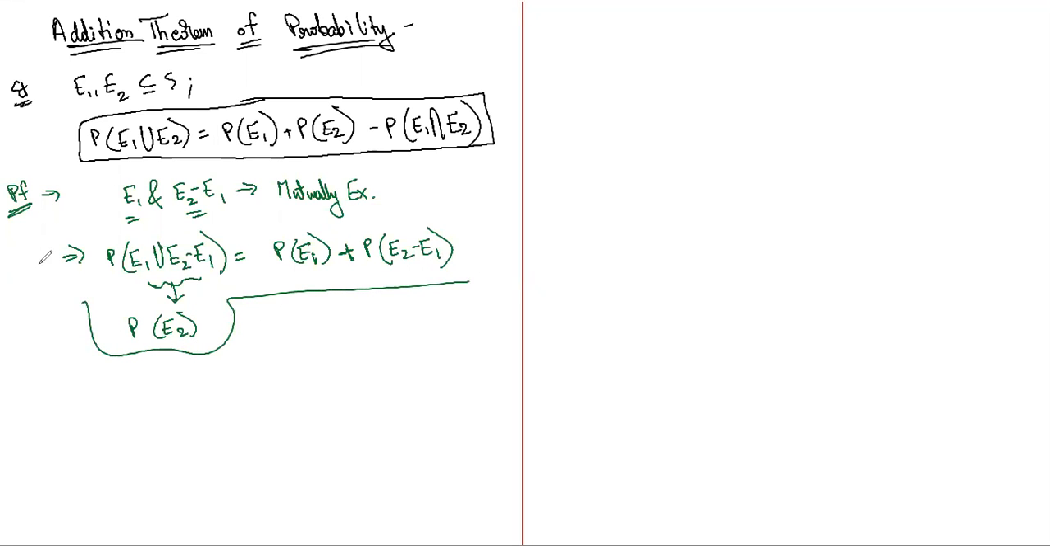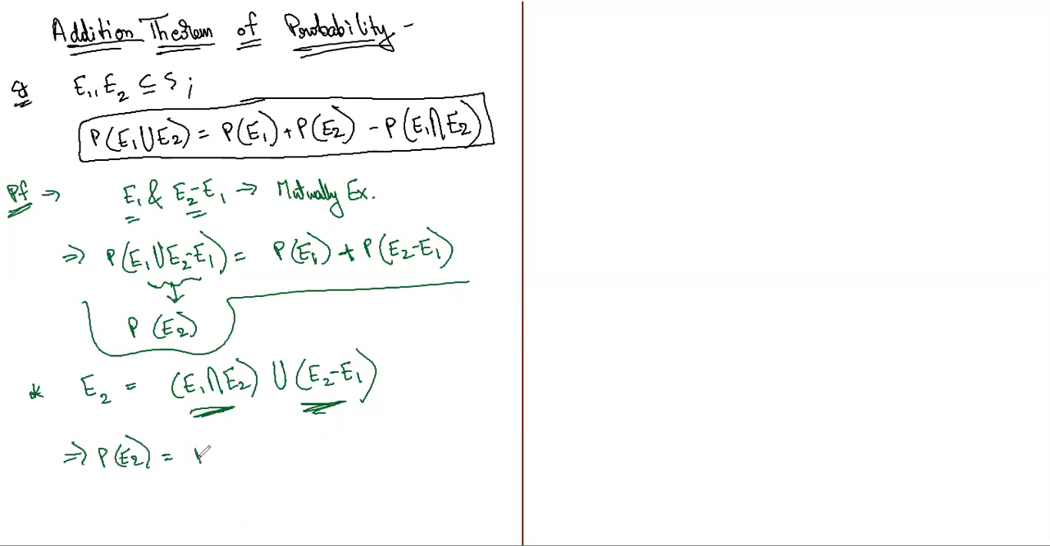Next step. Very interesting step. Now you can further write E2 as E1 intersection E2, the same thing we are doing, union of E2 minus E1. Again, same logic. These two are mutually exclusive events. See, whatever we did on this page, do the same thing. So from here P of E2 is nothing but P of E1 intersection E2 plus P of